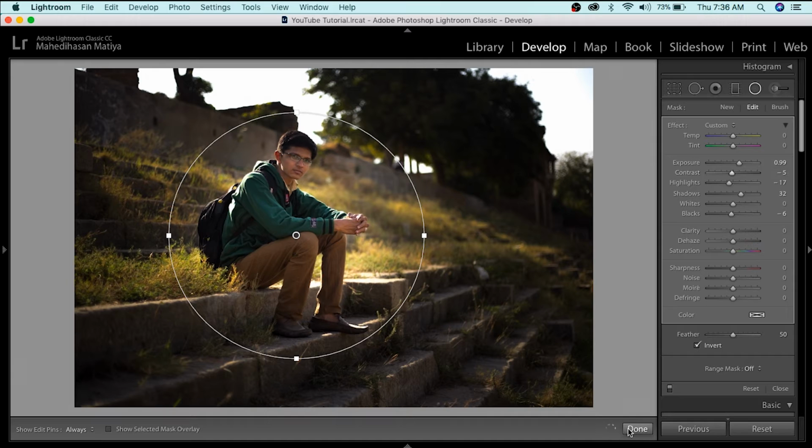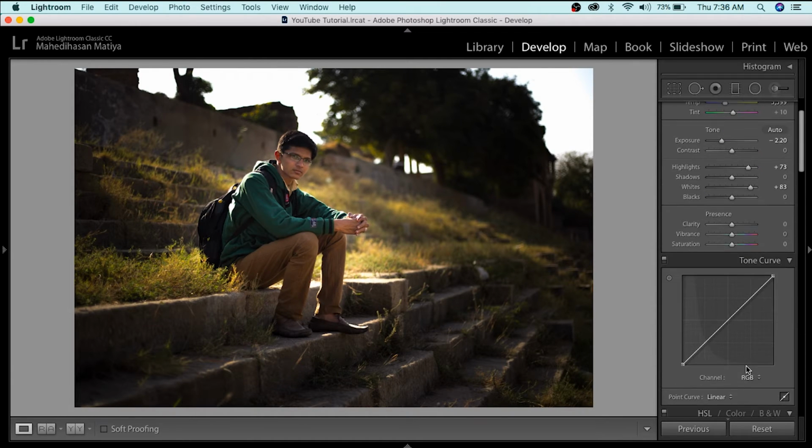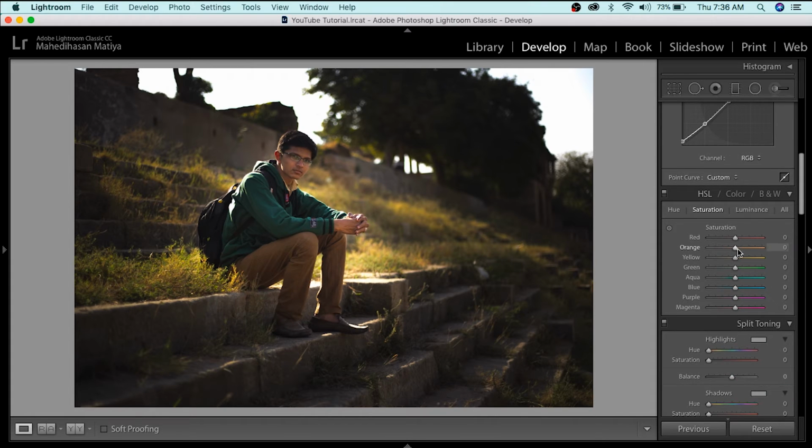So add some contrast. Okay, now let's fade the shadows with the tone curve. Divide this tone curve into two parts and lift this point up. Okay, it will just fade the shadows, not the highlight. Okay, so now if we want to saturate this grass, we can go here, saturation, and increase yellow and green,